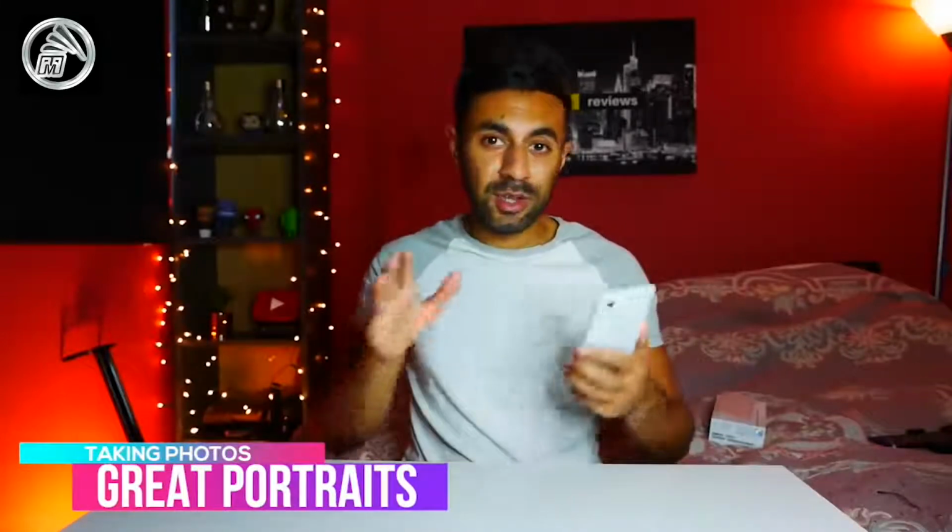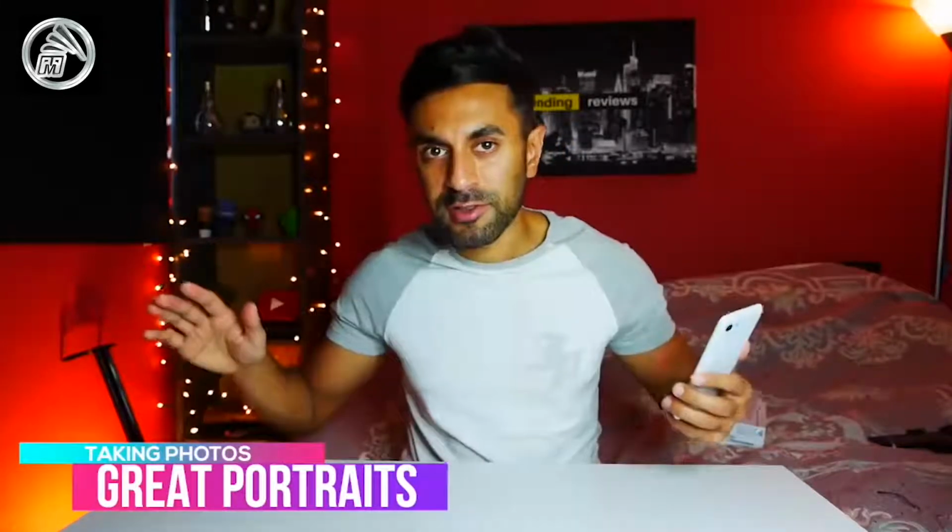Now one thing the Pixel is always good for is the portrait mode in low lighting. My S9 Plus could not take any good quality portrait pictures or live focus pictures in very low, indoor lighting. So that's something that the Google Pixel phones have really been good at. So I'm just going to take a quick portrait picture from the front camera. Let that process, and you can see here it's just done an amazing job, picked up all of the colors,